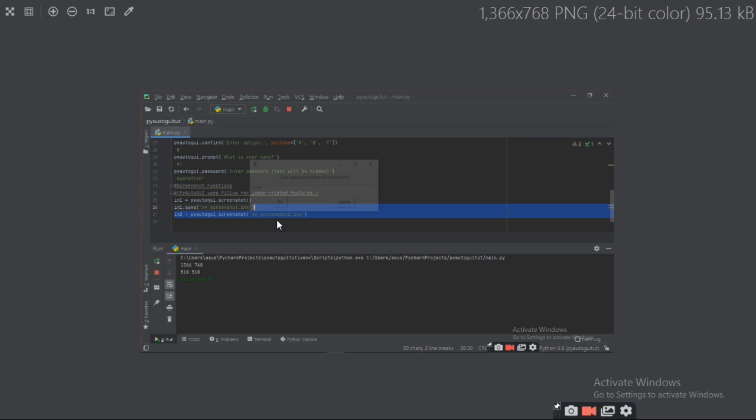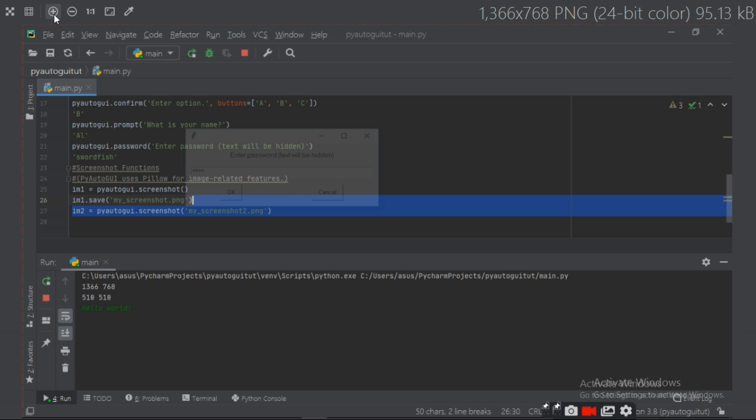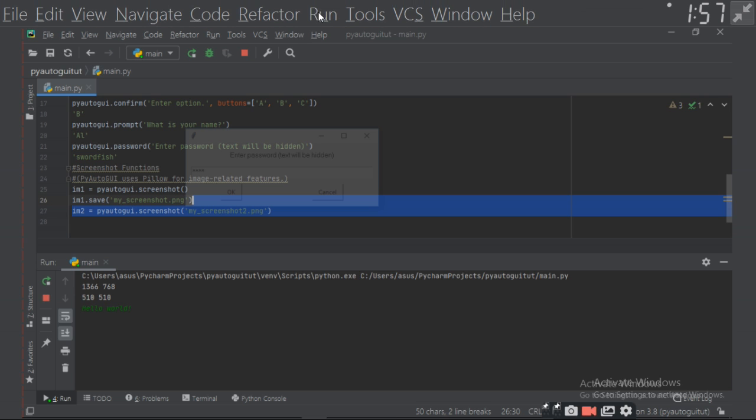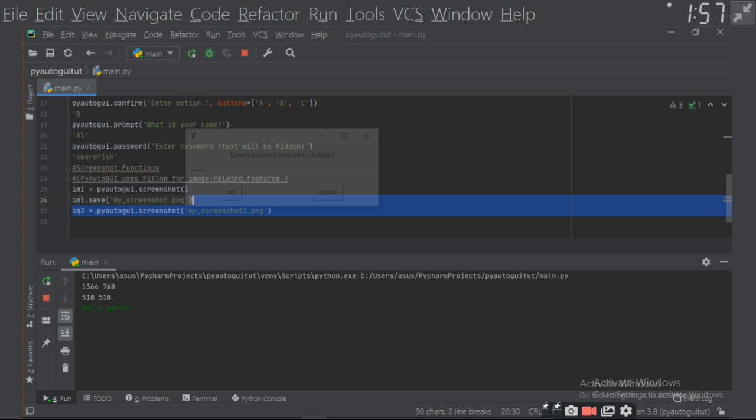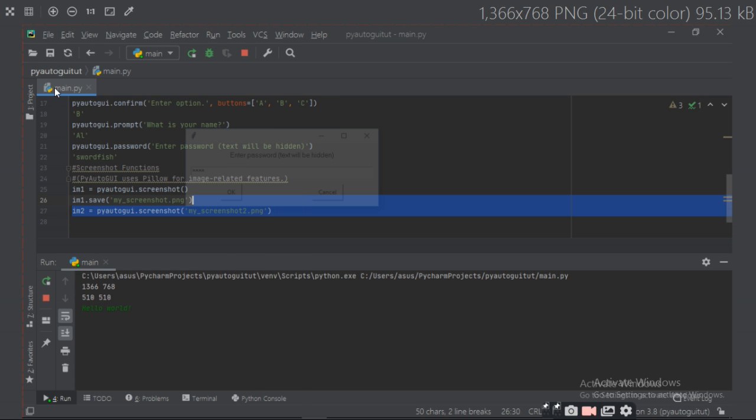Just close it. So this is the screenshot which is open. So see the viewport. Main, open the main.